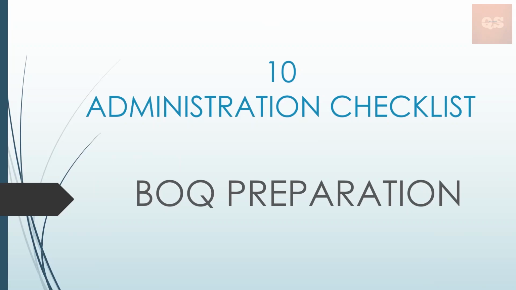In today's video, we will be discussing a checklist that every quantity surveyor needs to follow before submission of a BOQ. This is mainly useful for a consultant quantity surveyor while preparing a bill of quantity for a client, and before the final submission to the client, it is a very good procedure to tick off all the points inside this checklist. This is called an administration checklist, and I'll be explaining each point with a sample BOQ which I have prepared in Excel so that every point is clear to you.